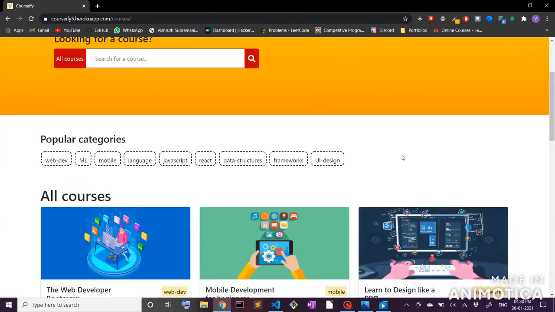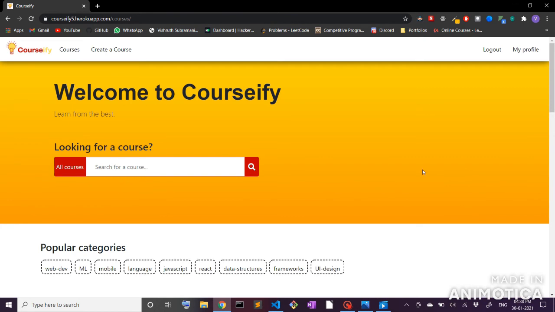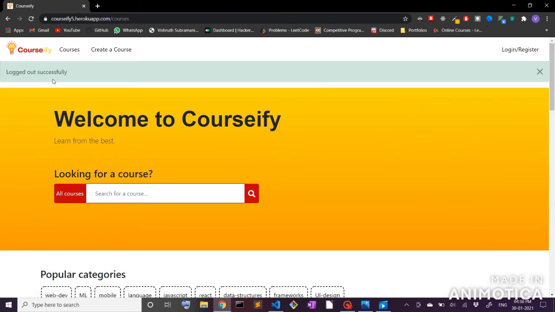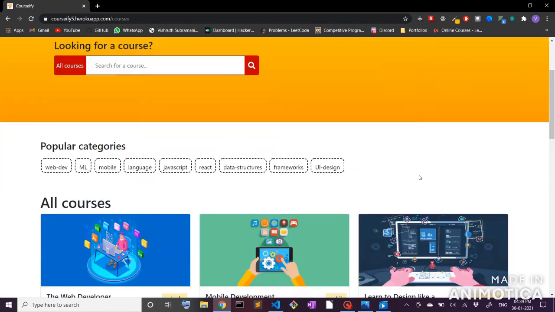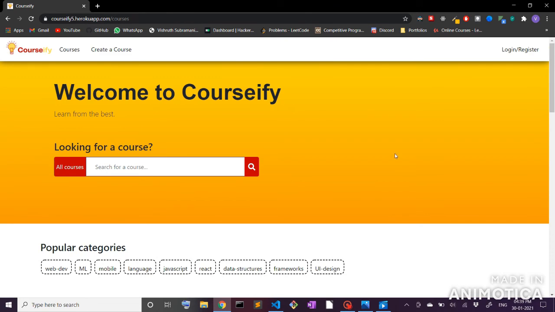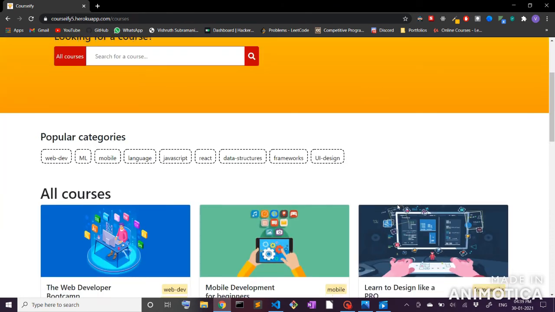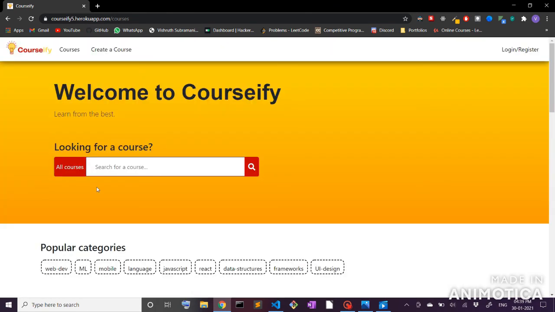So these are the features of this application, and I can log out now, and we are logged out successfully. I can log in or register anytime. So these are the features. We have filtering the course by tags. We can search for a course, we can log in, create an account, and all these are validated on the server side also. We can't have multiple users with the same name and all. It's all validated. So yeah, I do hope this was informative.